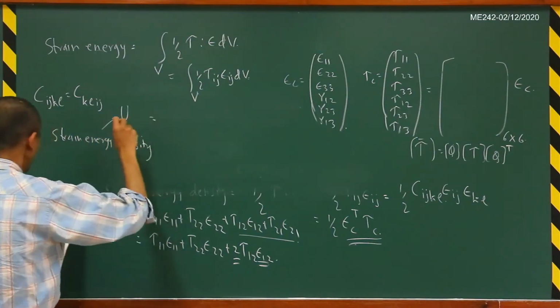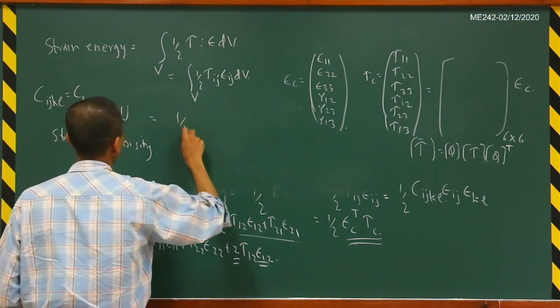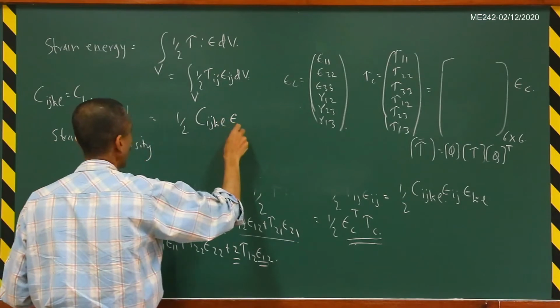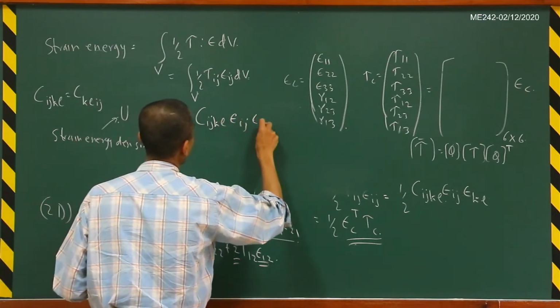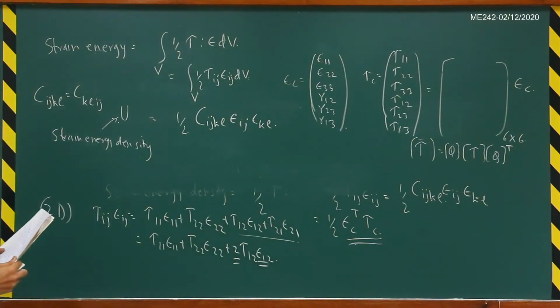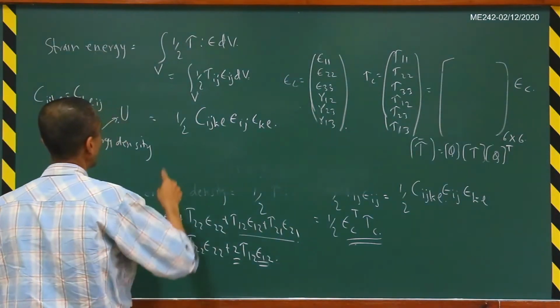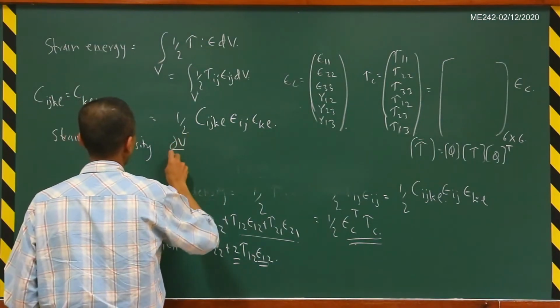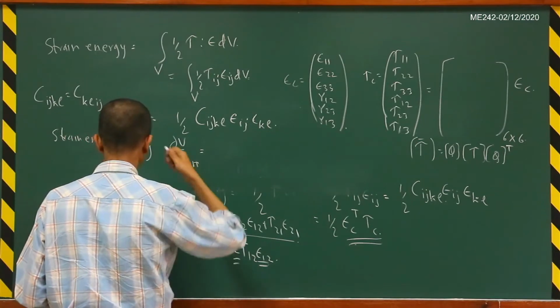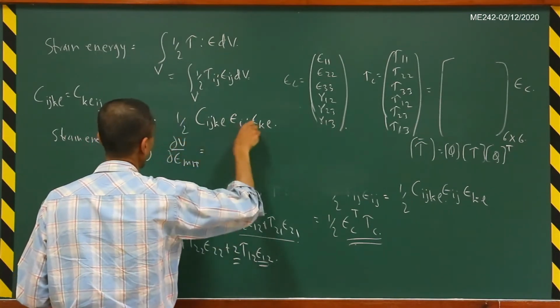So this is equal to half of C_ijkl epsilon_ij epsilon_kl. Correct? And now if I differentiate this with respect to the strains, then let us see what we get. Okay, so del U by del epsilon_mn, let us call it, that is equal to the derivative of this,